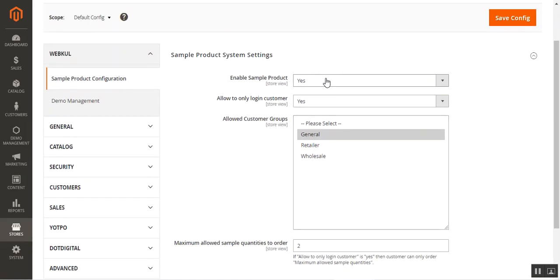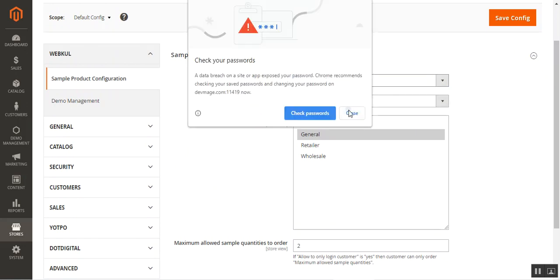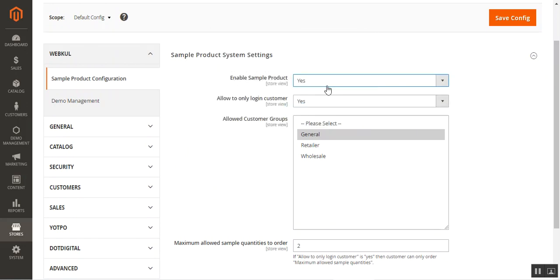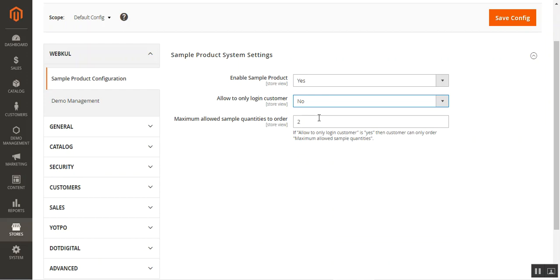So the very first option there is the enable sample product. So if you want to enable this functionality within your store, then you'll have to choose this option as yes. Otherwise, to disable this functionality, choose no for the same. Then you have allow to only login customer. So if you want that only the customers can purchase this particular sample product, then you'll have to choose it as yes. Otherwise, if you choose it as no, then you can set the maximum allowed sample quantities